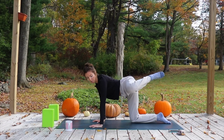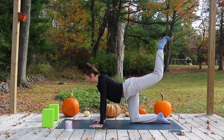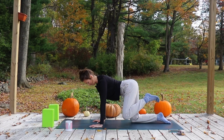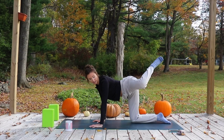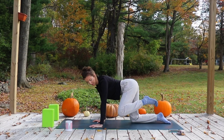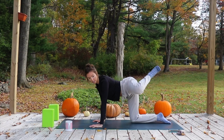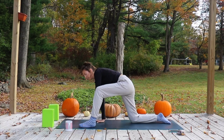Inhale, rotate it out and forward. Exhale, kick it down, back, and up. Inhale, circling the hip. Exhale, draw it in, back, and up. Inhale, out to the side and forward. Bring it in, back, and up. We'll all meet where we started here, knee out,